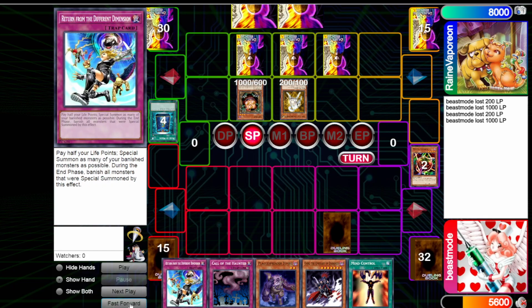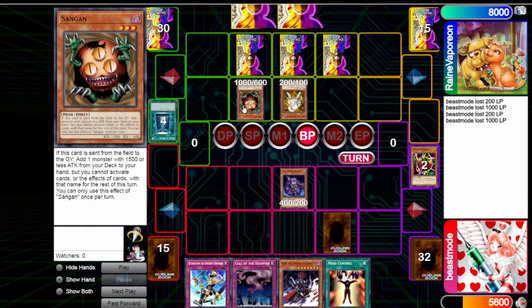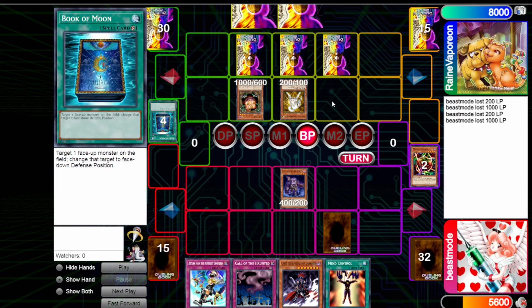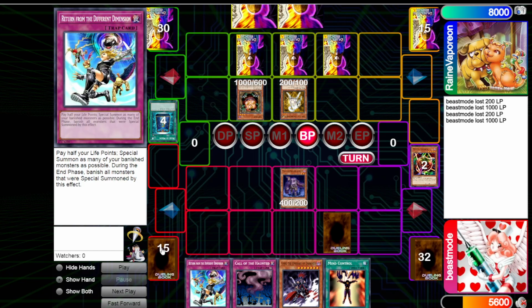Plague Spreader, we draw. Again, now we have a tuner play, but we don't really want to be synchroing with a Sanguine. That's not ideal. And we don't want to be making Armory Arm. Not ideal. Probably Bottomless or something back there. Book, Starlight Road. So here, we don't really care as much if this gets deprisoned at this point because we have the Return anyway. So I think it's best to just summon